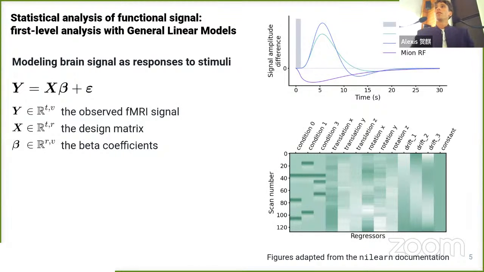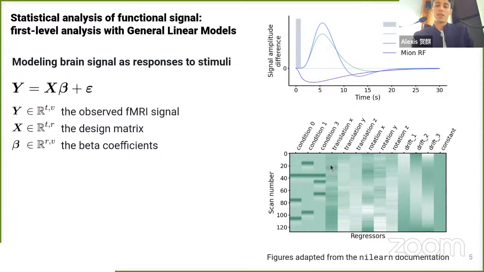Moreover, when you want to deal with functional images, most of the time, you'll have to get your hands on statistical models to extract the relevant information from the images collected. So the most classical approach is to try and model the observed and captured images Y as a response to a specific kind of stimuli. The underlying phenomenon is illustrated with what you see in the top right-hand corner in this slide, namely that when an area in the brain is particularly activated by a sort of stimulus, you will see a kick in blood flow a few seconds later in order to bring some oxygen to this part of the cortex. And so